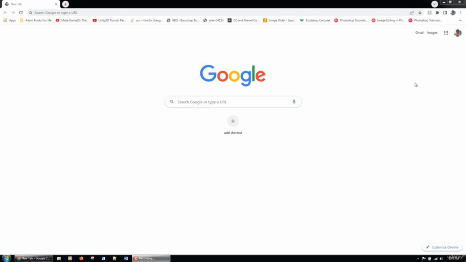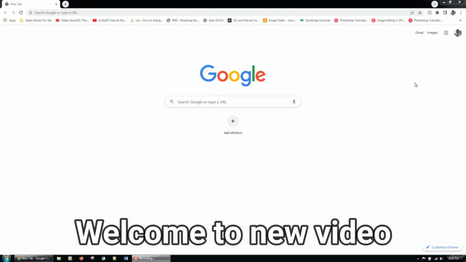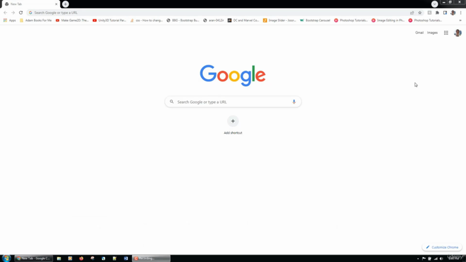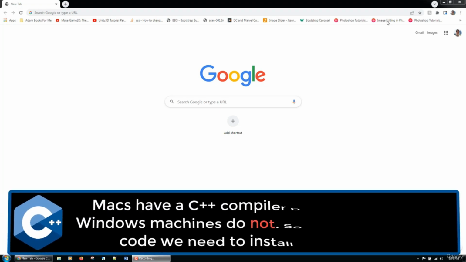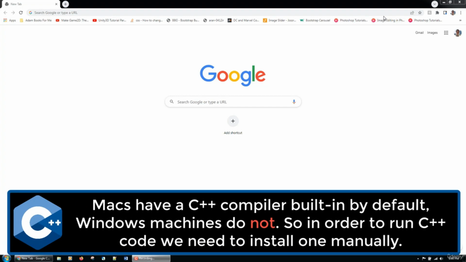In this video, we will install and set up the programs and software that we need to program in C++ on a Windows machine. There is an additional step on Windows. In addition to installing Visual Studio Code and the C++ extension for it, we will also need to install a C++ compiler. By default, Macs have a C++ compiler built in, but Windows machines do not, so we need to